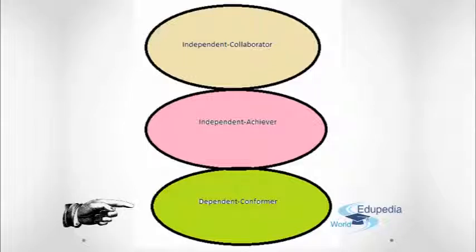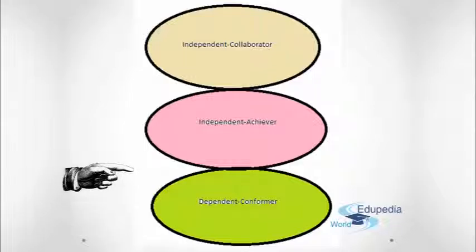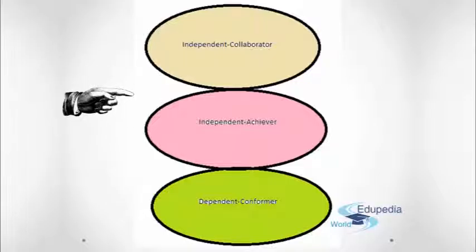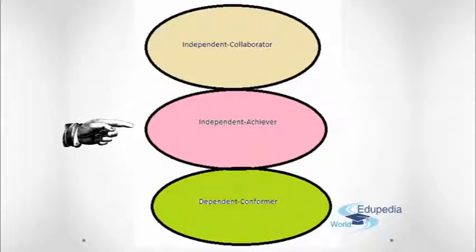People are dependent on authority figures on what to do. There are lots of rules and regulations, and people conform to those regulations. At times, it can be very suitable to have that kind of culture, but often it really restricts what you are trying to achieve. The next stage of development is called the independent achiever stage. And this is where most organizations have a center of gravity at the moment.